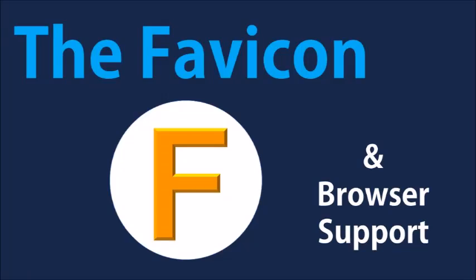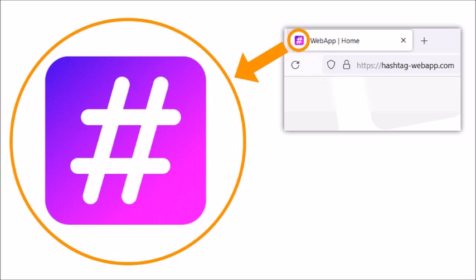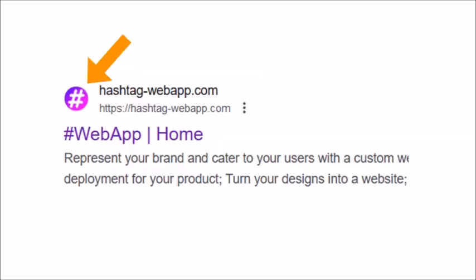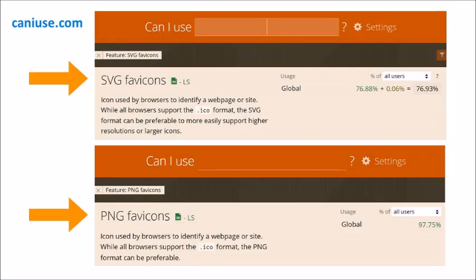In this video, we're going to have a look at the favicon. The favicon is the small icon that appears in browser tabs and search engines, and also bookmarks on devices. Different image formats can be used for the favicon, such as SVG and PNG, but if we notice from the